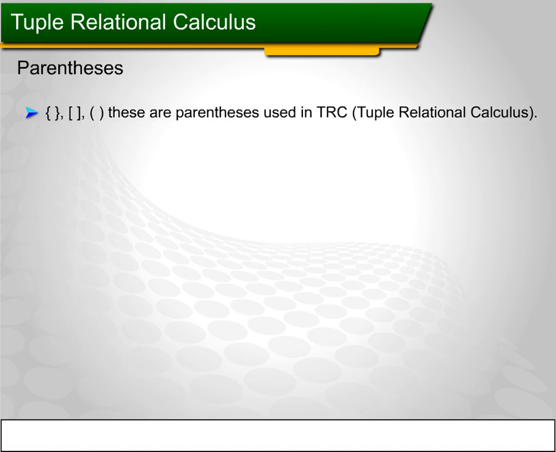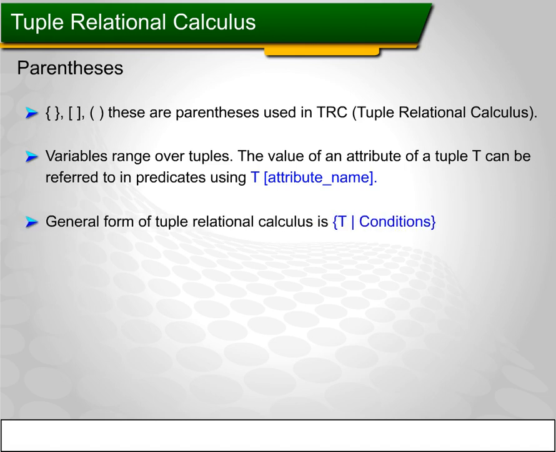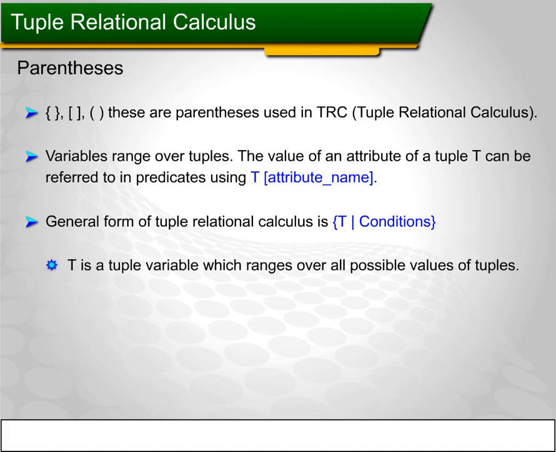Parentheses. These are the parentheses used in TRC, Tuple Relational Calculus. Variables range over tuples. The value of an attribute of a tuple T can be referred to in predicates using T.attribute name. The general form of Tuple Relational Calculus is {T | condition}. T is a tuple variable which ranges over all possible values of tuples, where the condition is atomic,